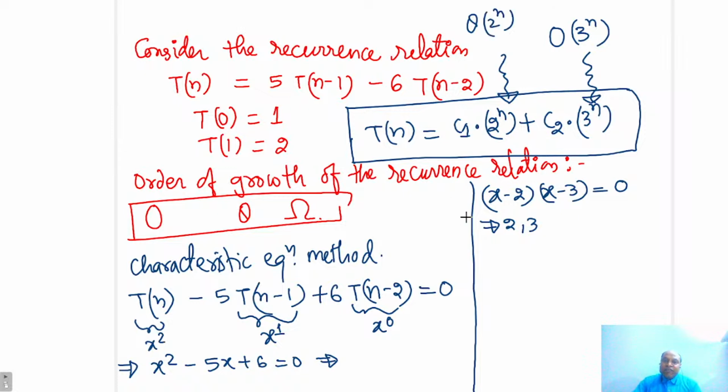So you can verify with the answer. With respect to this particular answer, the answer may vary, that's why I have not written any answer. Either this or this can be the correct answer for this particular question. Next